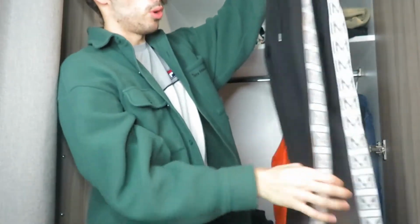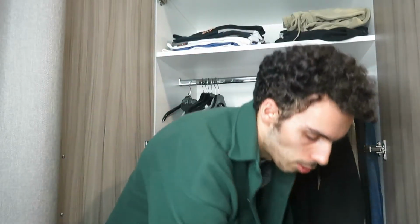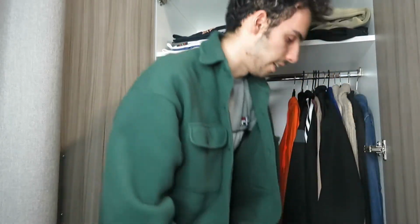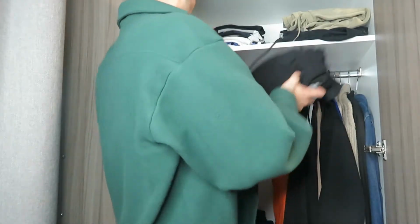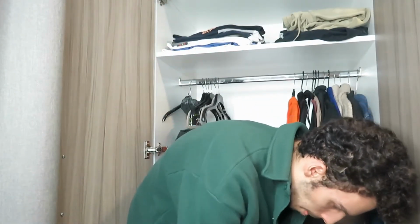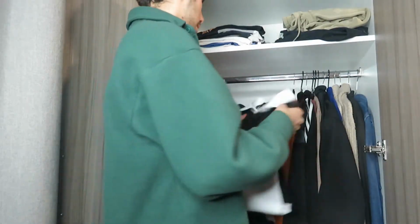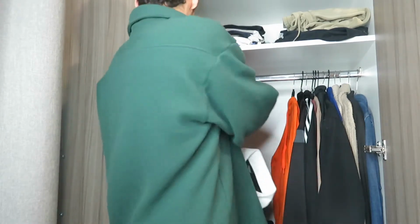These are, I think, Boohoo tracksuit bottoms. They are honestly, you see me in these 24/7. These are so comfy. But yeah, so I'm just gonna show you some of my washing, and I don't really know where to put these. Oh, gosh. Oh, actually, I got this. This is brand new, and it smells so nice. It's like weird smelling, but